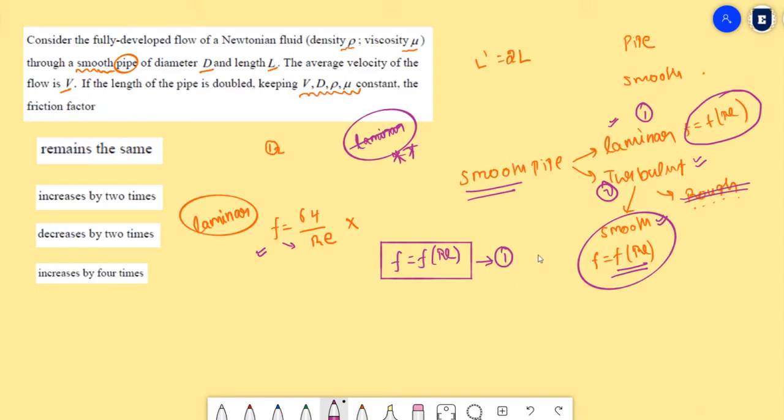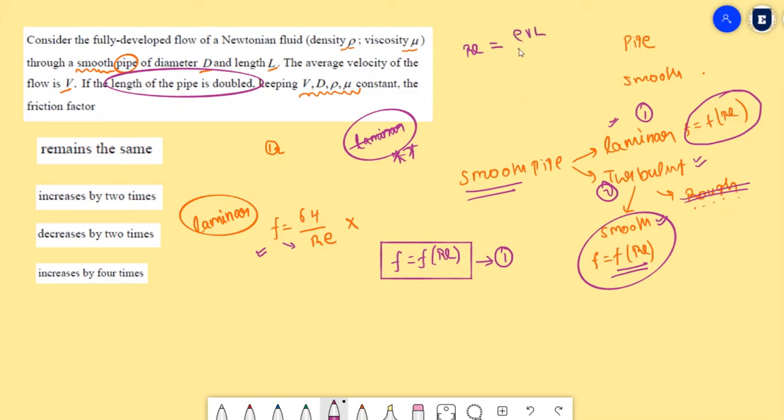Now, maybe you would have made this mistake also, but there is a possibility that even if you do, you will get the answer correctly. The second mistake is something which I feel at least 10 or 20% of the students would have made. It is a very simple one, but there is a possibility. They said the length of the pipe is doubled. In some urgency,